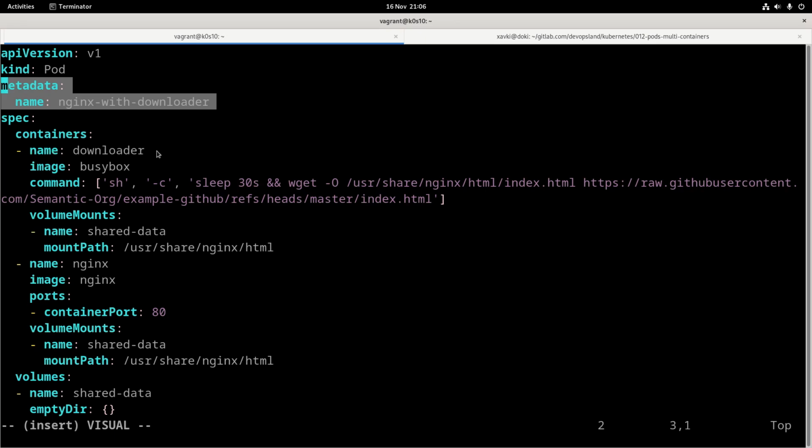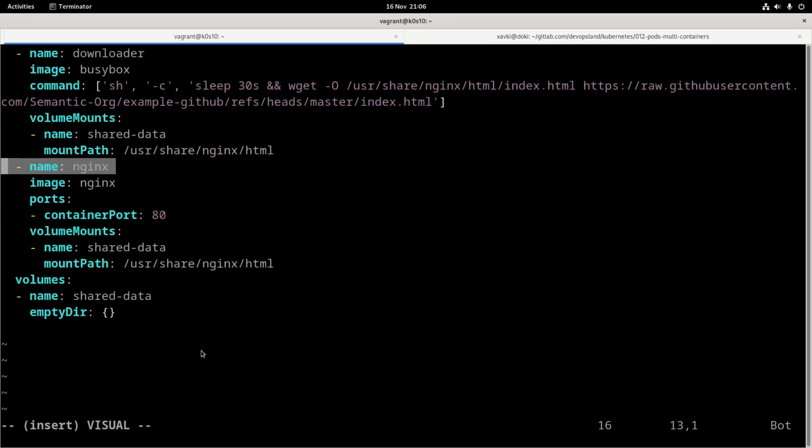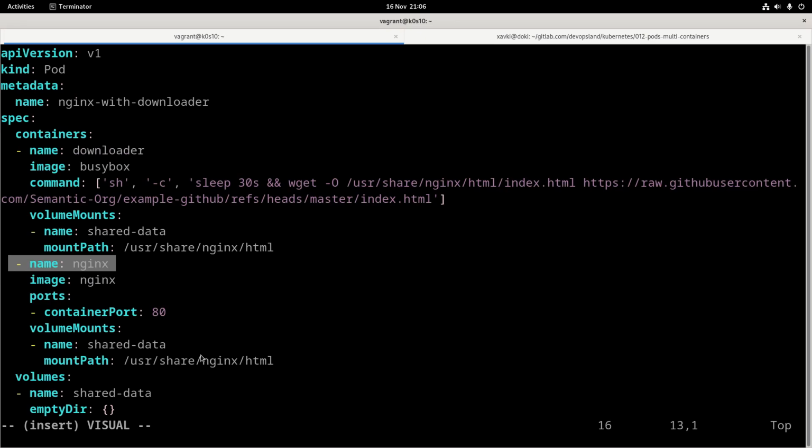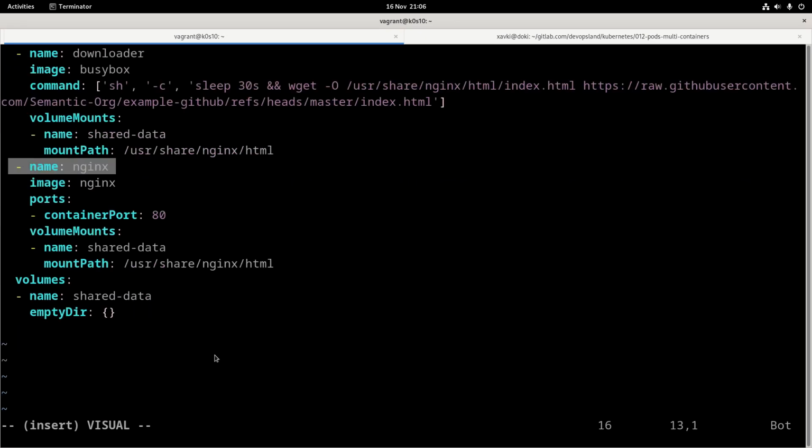We have two containers. The first is named downloader, and the second is named nginx. So we can consider that nginx is the main process. This is our web server, and we just want to share a volume in nginx on /usr/share/nginx/html because we want to change the default index.html page.